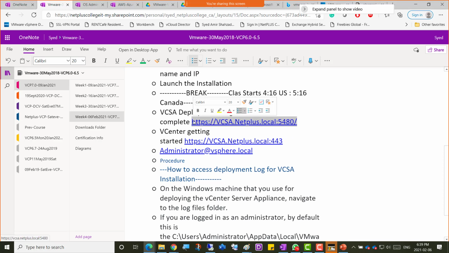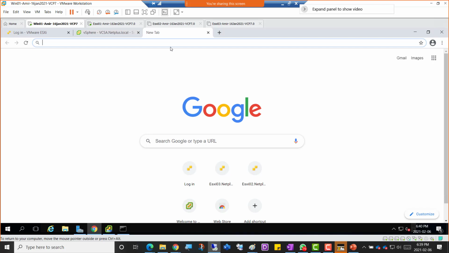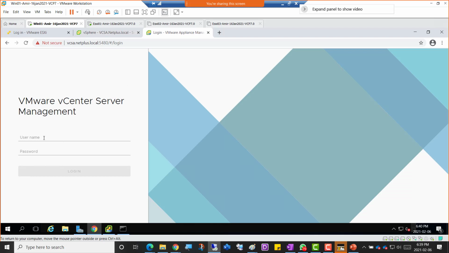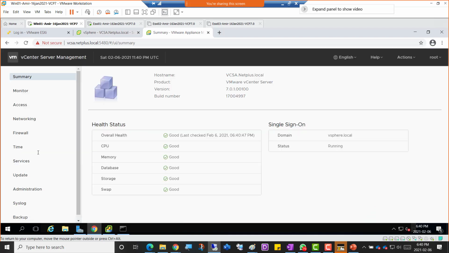So this is for the VCSA itself. And this is going to be root and the class password, because we're just managing the VCSA itself,